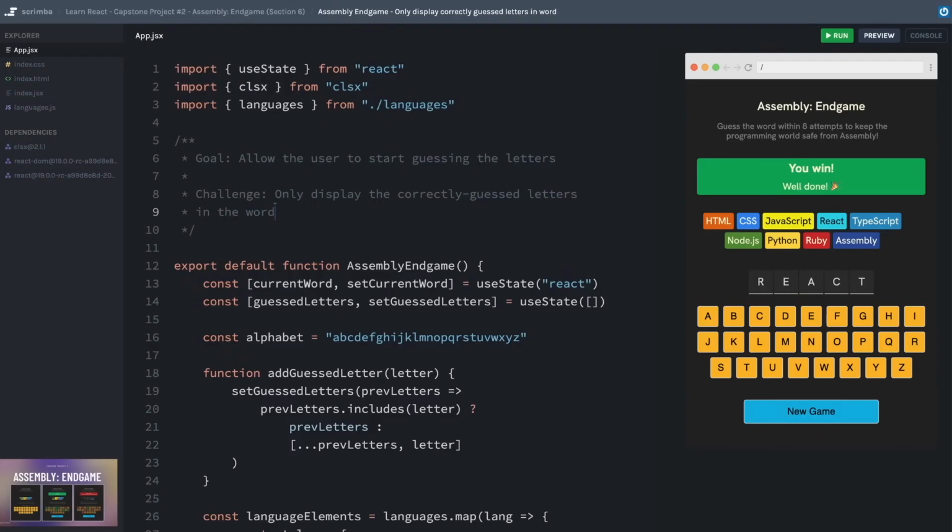All right, there's really no hints that I'm giving you this time at all. I'm just asking you to add the next feature to our app. So your challenge is to only display the correctly guessed letters in the word. Right now we're displaying the entire word, which of course defeats the purpose of a game like this. So now that we have some UI feedback as to whether the letter that they guessed on the keyboard is correct or not, if the letter is correct, then we want to display it in the final word, but otherwise we just want it to display nothing, I guess an empty string. I'm going to let you find where in the code you would need to make that change. And that's it. I'll hand it over to you now to work on this challenge.